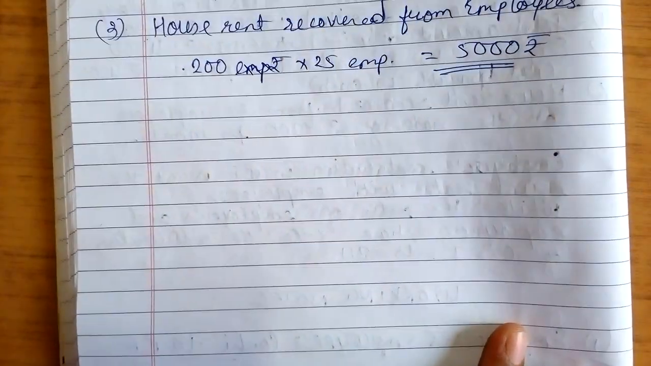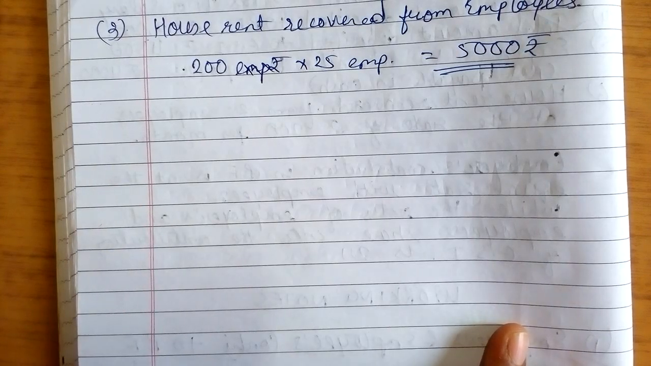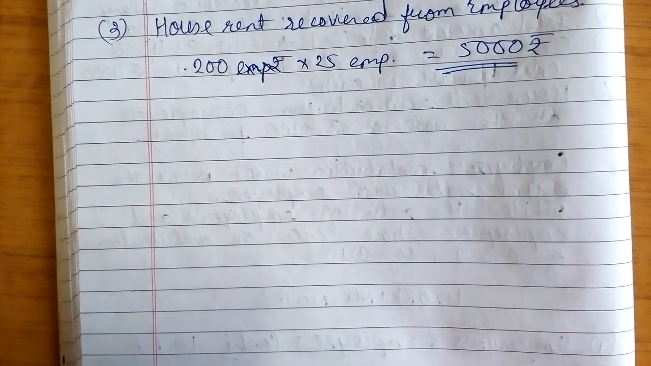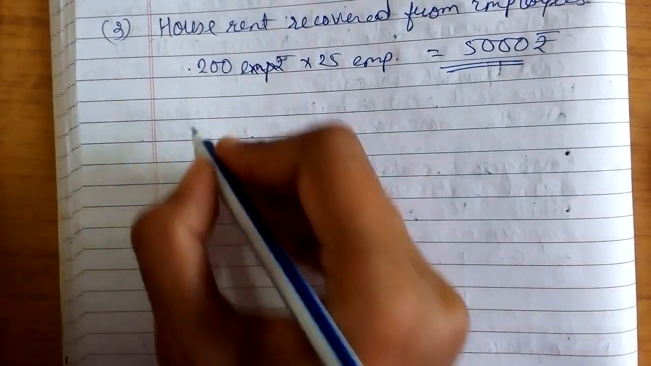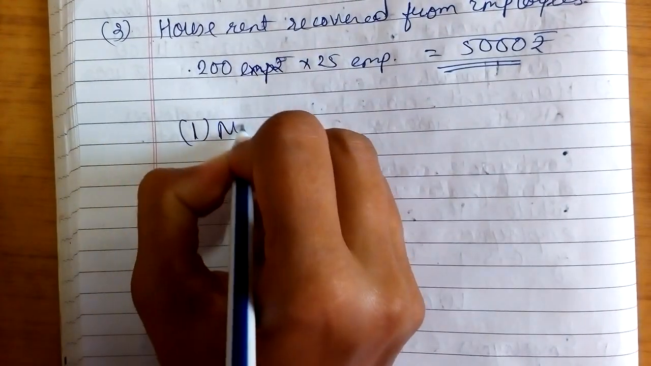Now we need to calculate two things, net wages payable and total wages, right? So firstly, let us calculate first net